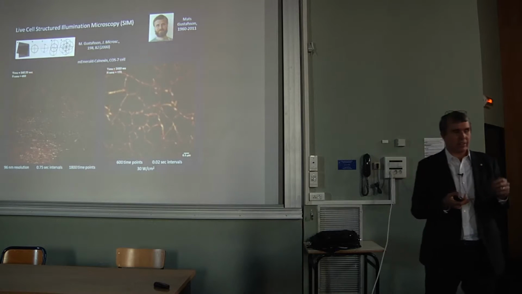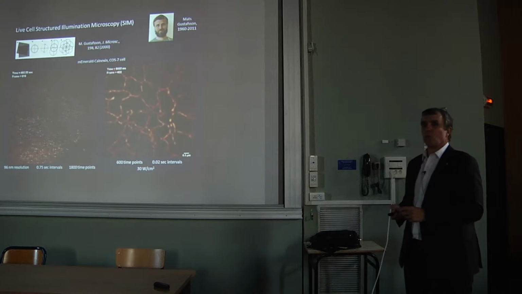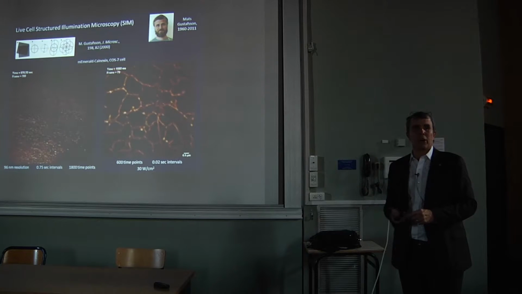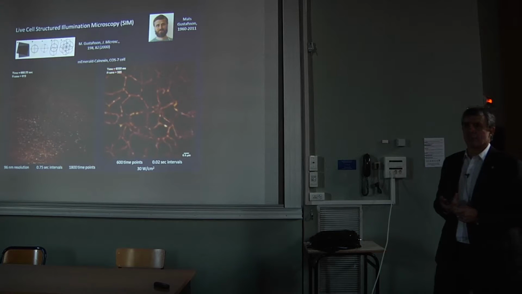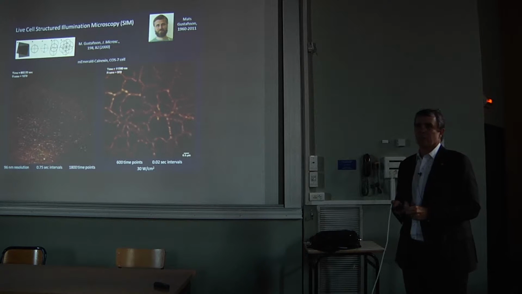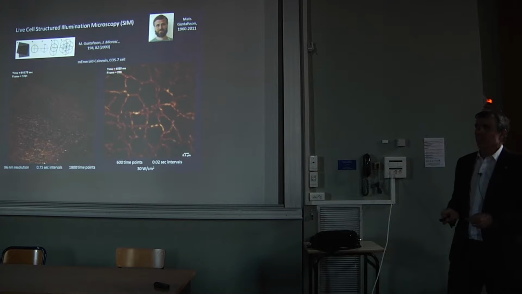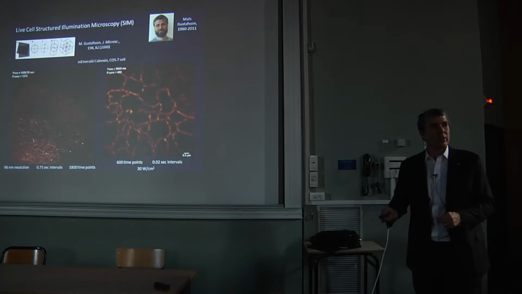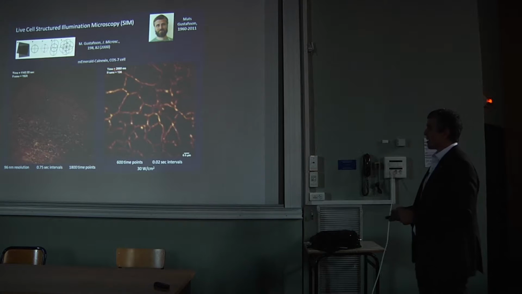Because A, you don't need to densely label the sample to the same degree as the other methods. B, it requires orders of magnitude less light. Life evolved at 1/10 of a watt per square centimeter. Localization microscopy requires a kilowatt per square centimeter. STED requires hundreds of megawatts to a gigawatt per square centimeter. So they're really not good tools for doing live cell imaging. SIM can get away with 1 to 10 watts per square centimeter, so it's much more in the ballpark of what life can tolerate. But it's also very fast, so it's easy to do sub-second acquisitions.